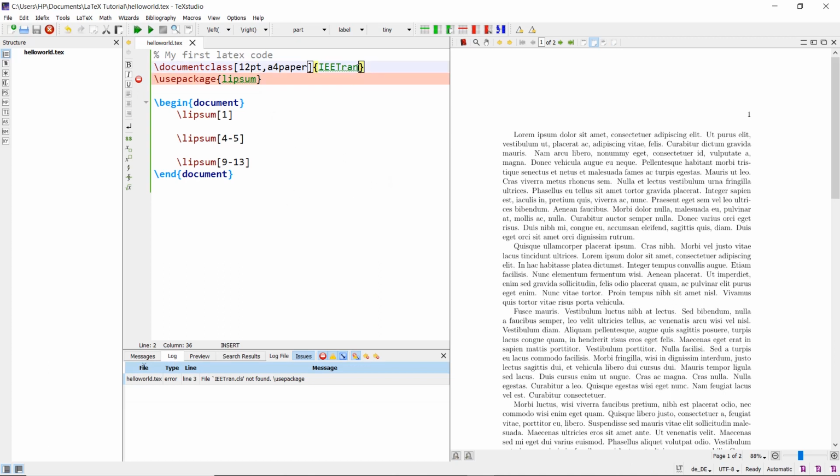I think it is IEEE Trans. Let me check it. I think T is small. I'm not sure about this. Yeah, let's check now.